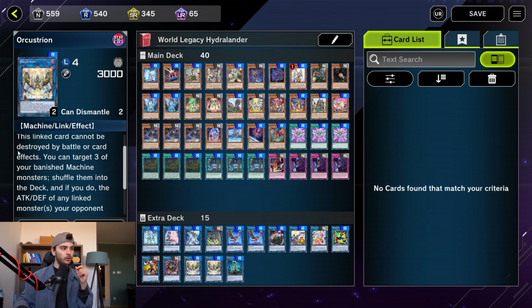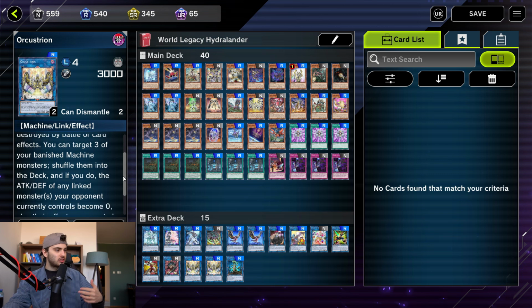Very important line, first of all. Linked card cannot be destroyed by battle or card effects. So this already makes it protected versus almost everything that's in this format. They would have to activate a card that shuffles or sends this card to the grave. You can target 3 of your banished machine monsters, shuffle them into the deck, and if you do,